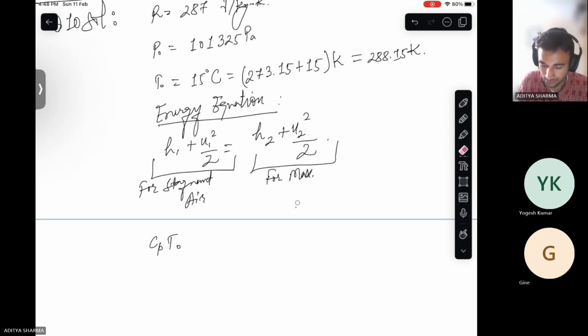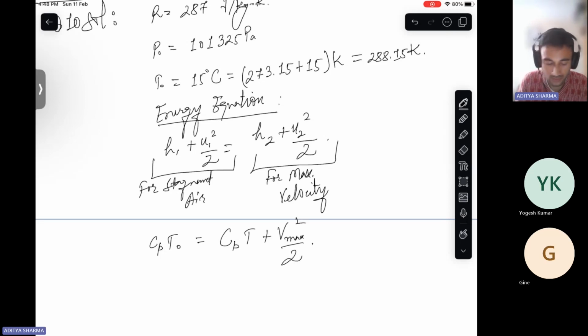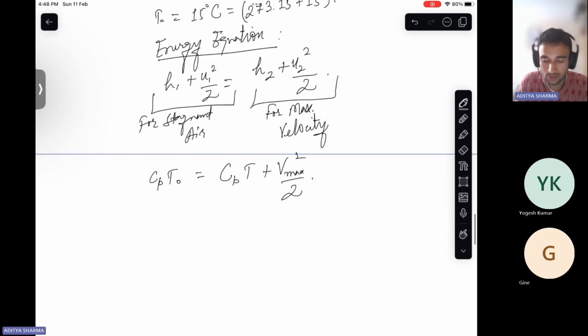Cp T naught equals Cp T plus V max square by 2. But if we want the whole potential of this air to get converted into velocity,